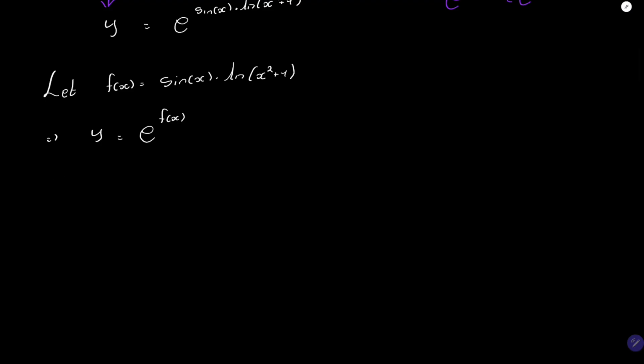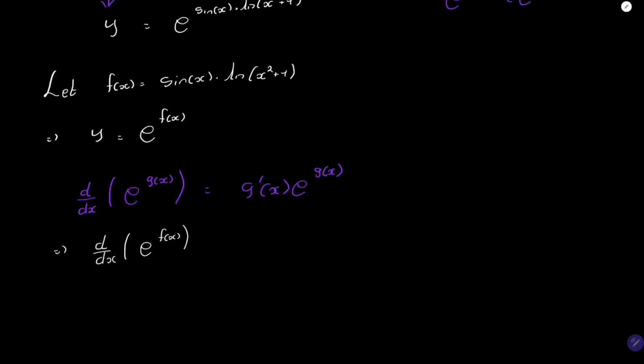From our recall, from our memory, we know that the derivative with respect to x of a function g of x is the same thing as g prime of x. This is equal to the differentiable function g of x. What does this mean? This implies that the derivative with respect to x of our function